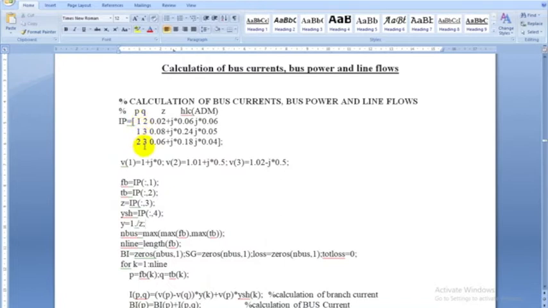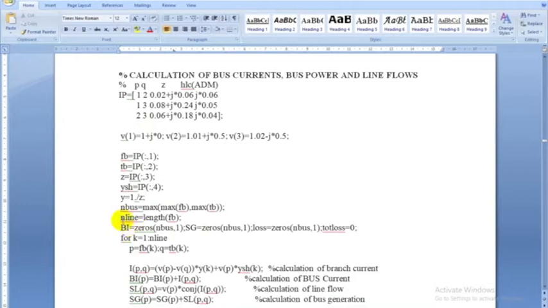But how to write this in the program? Maximum of FB, the first column, is 2, and maximum of TB, the to bus column 2, 3, 3, is 3. So the maximum of 2 and 3 is 3, and 3 is assigned to the number of buses automatically. Length of FB means how many lines there are; 1, 2, 3, so 3 is given to the number of lines.